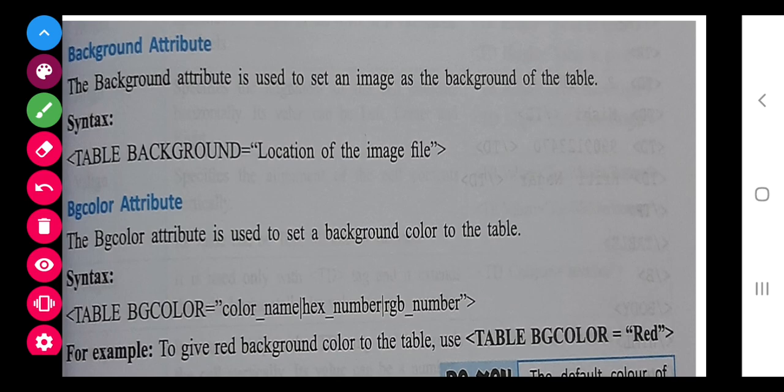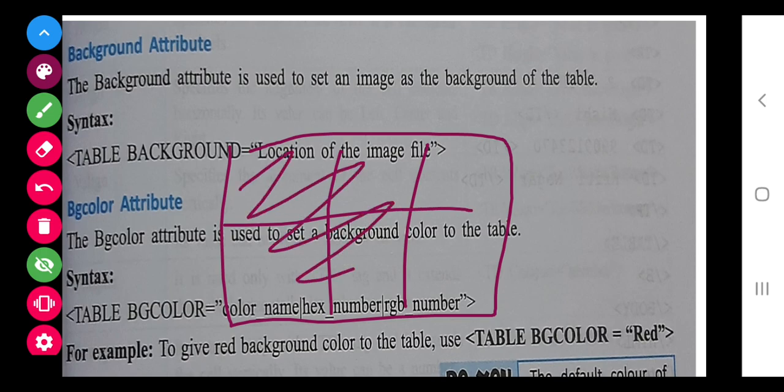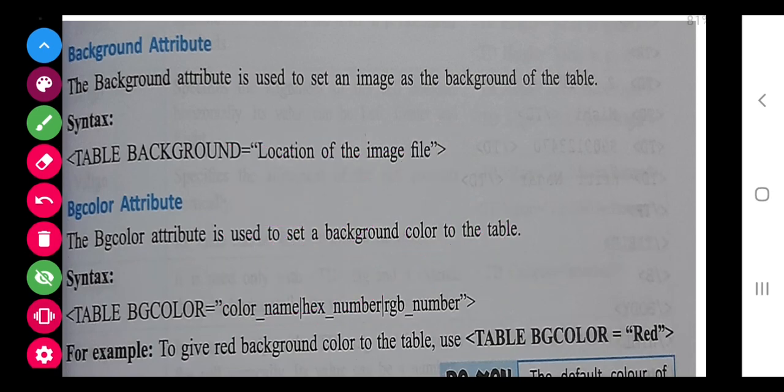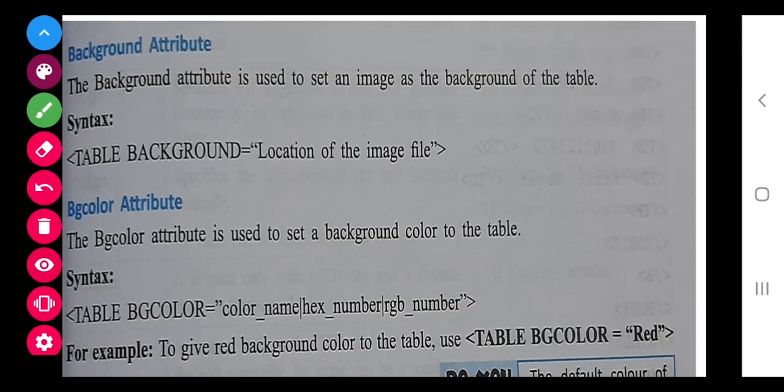And class, next, we can add background also, as we have done background to a body. Background is an attribute for body. Similarly, background is an attribute for your table also. If you want a background, suppose this is my table, and these are the cells, and you want to add a background, one picture or anything, or any animation, like a watermark type, you can add it.